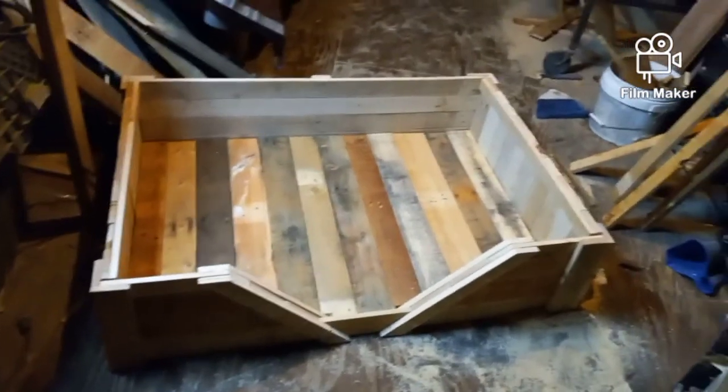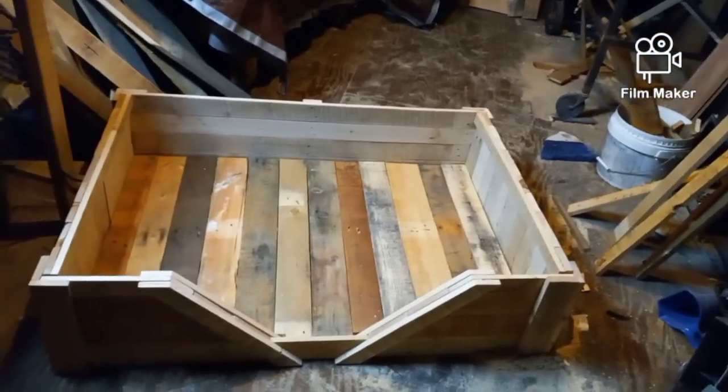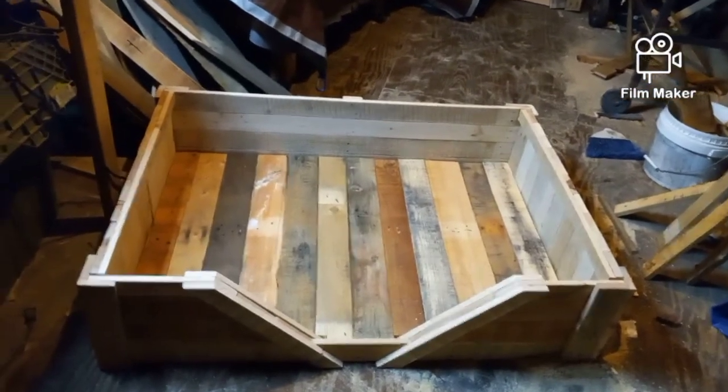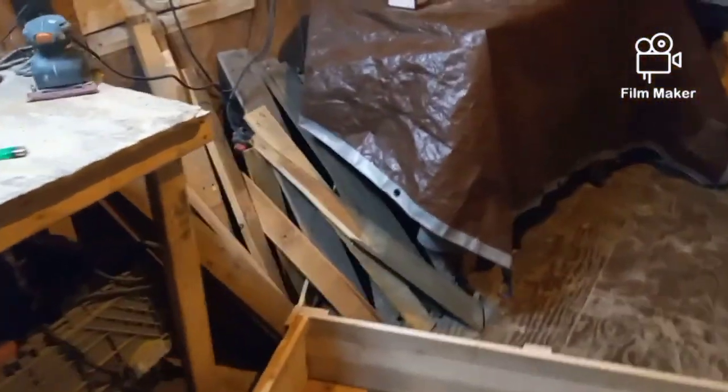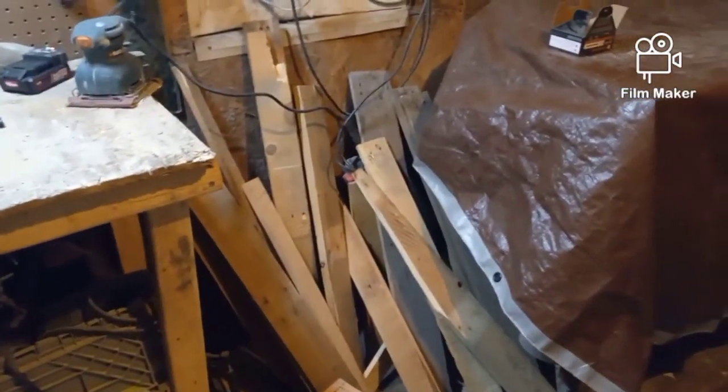But that's it. This is a basic build. We're not putting casters on this one, and it's big. Everything you see here is pallet wood, guys. Every single piece. And the customer I had come here today about the other doghouse could not believe that this